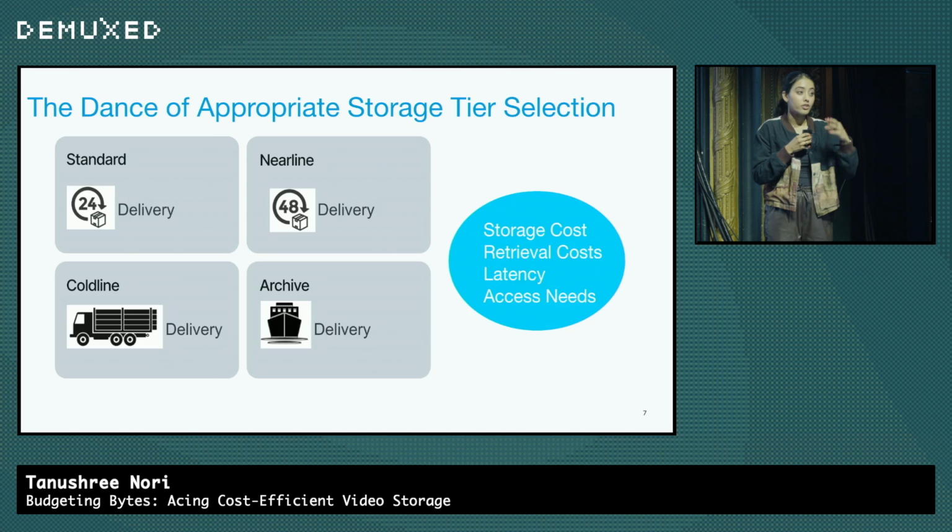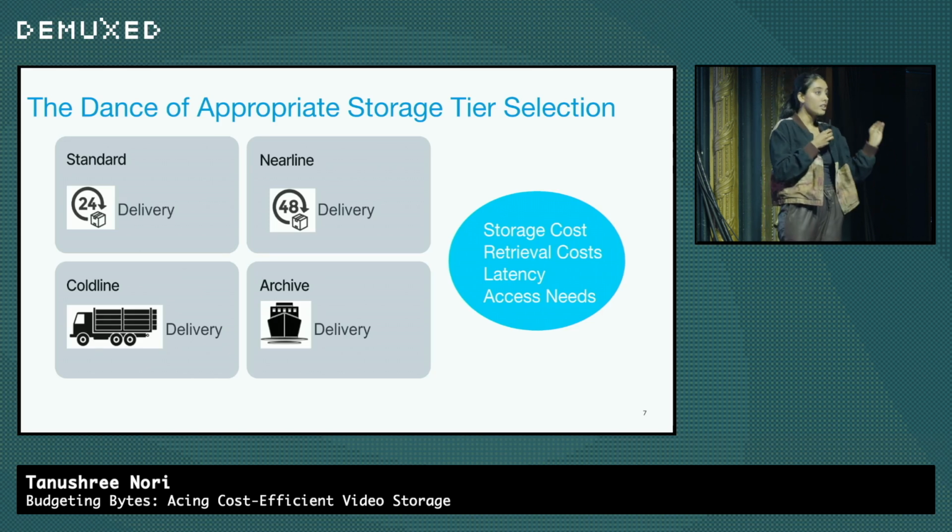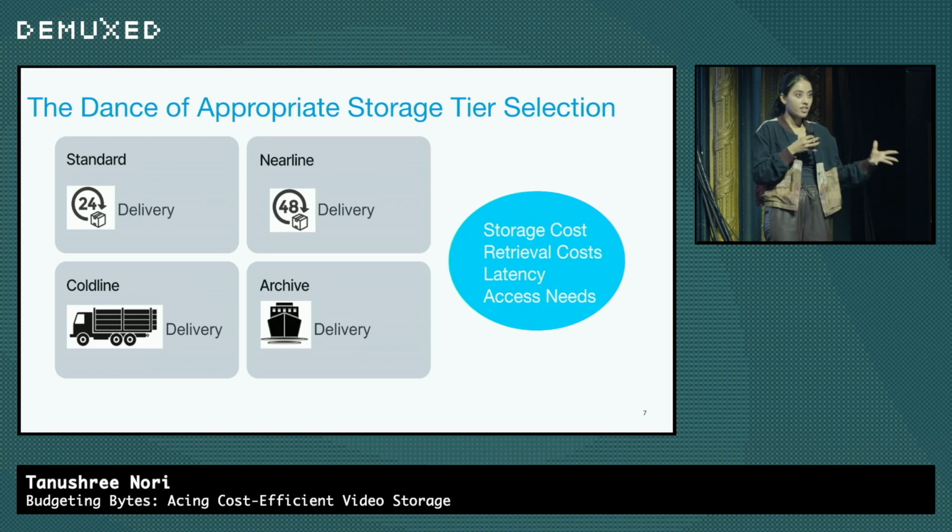Think standard and nearline for content that you would want to retrieve frequently and you want to have frequent access to. They're expensive to store in and cheap to retrieve out of. Think coldline and archive for content that you would scarcely retrieve. It's cheap to store in, but expensive to retrieve. So the analogy of shipping options loosely applies, and I've borrowed that. So standard and nearline are like 24-hour delivery, 48-hour delivery options, and then you have coldline and archive, with archive being cheap to store in, slow to retrieve out of, like a package that's stuck in a shipping container